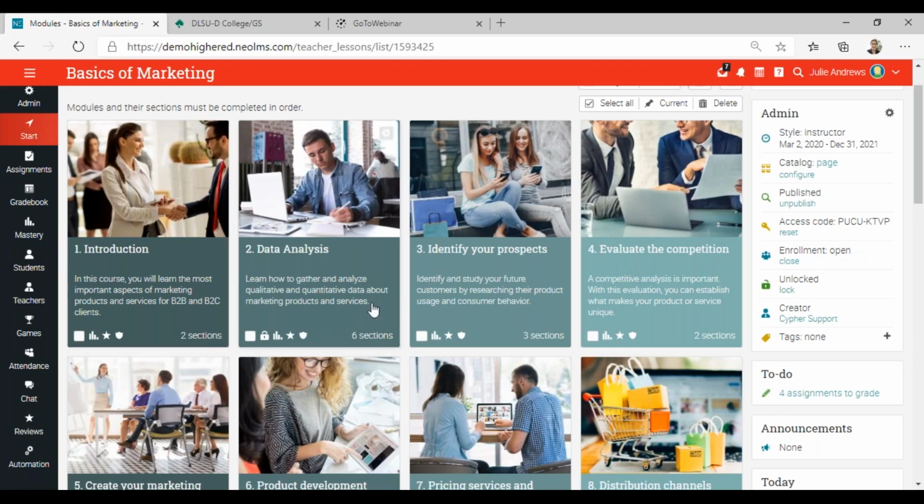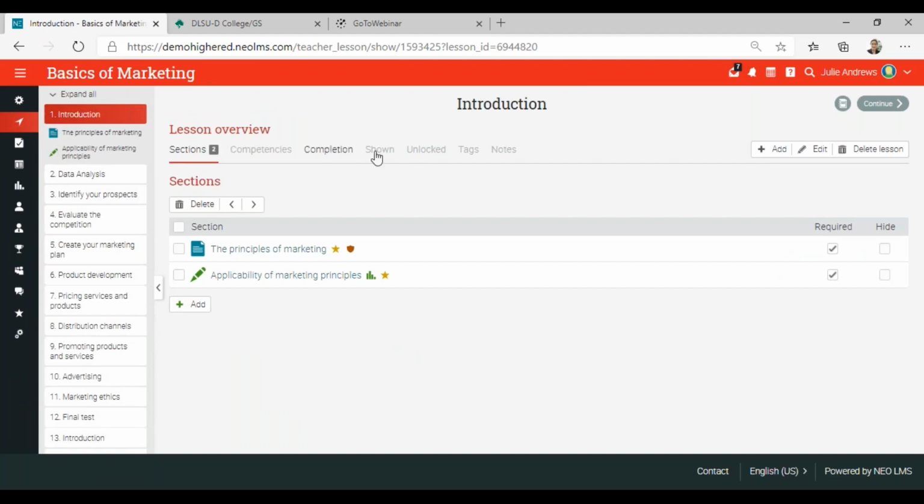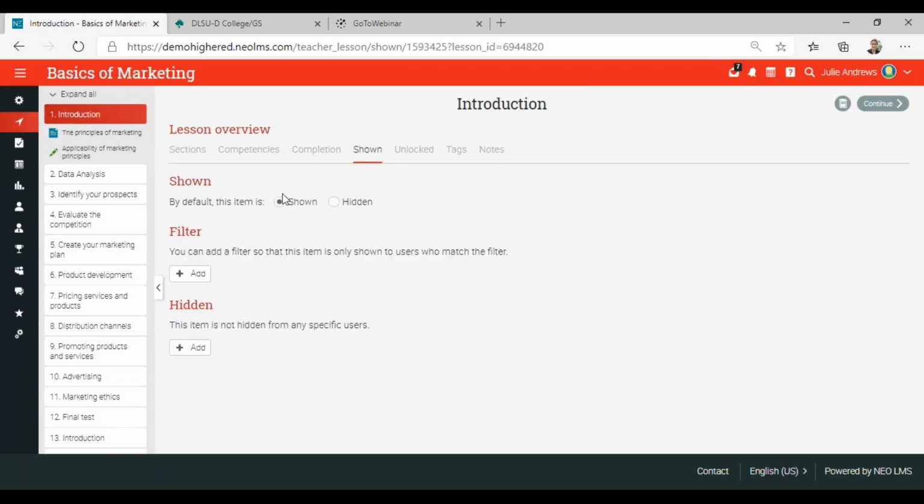If, for example, lesson 1, introduction, is being taught inside the classroom, so this is discussed in an in-classroom activity, and you want to hide this from the students before you do your in-class lesson, it's very easy to do in NeoLMS. Just open your lesson and you see this feature here that says shown or hide. Okay, you can hide this lesson first, then do your in-class lecture, and then after the in-class lecture, you can already